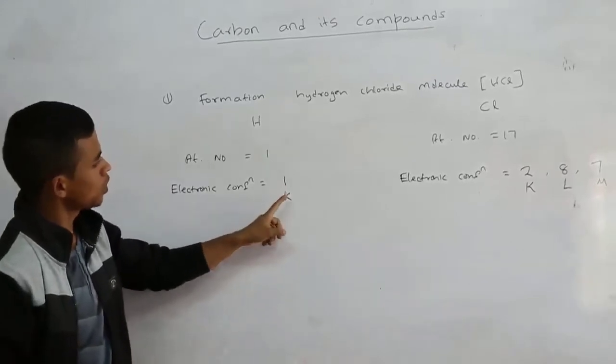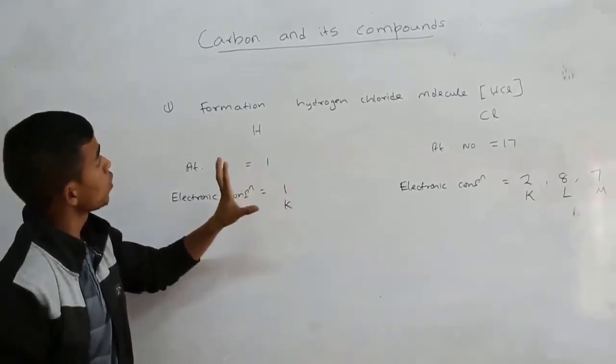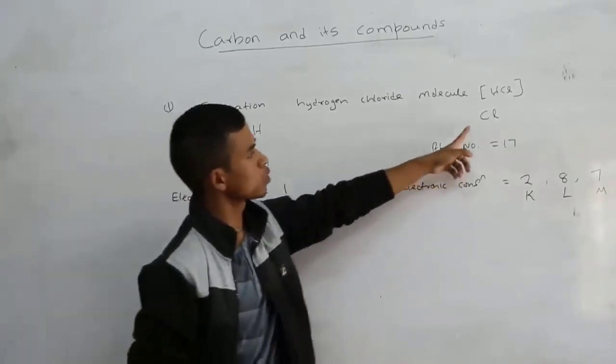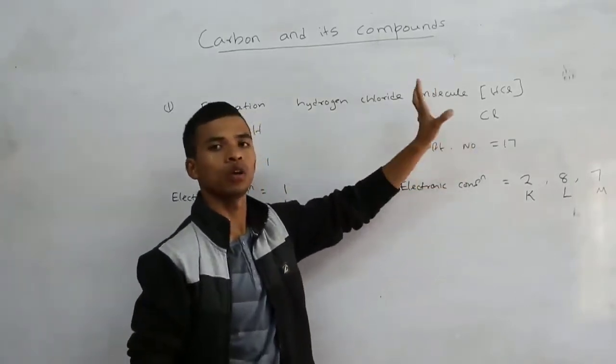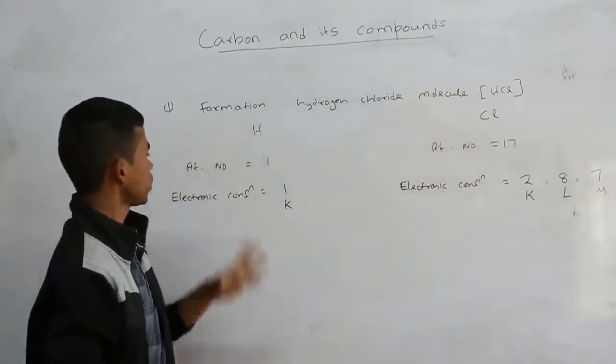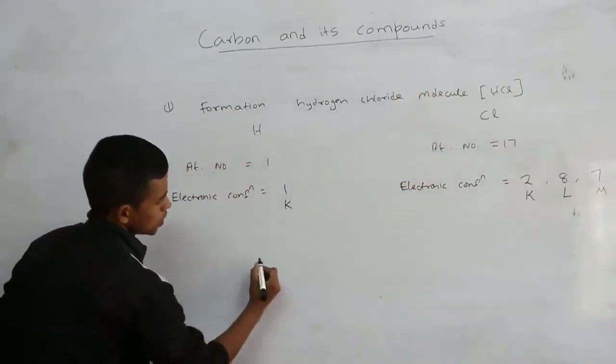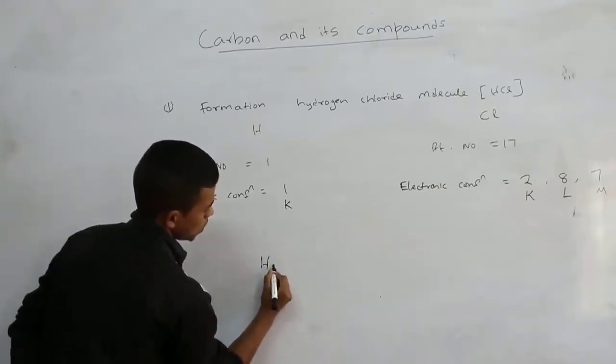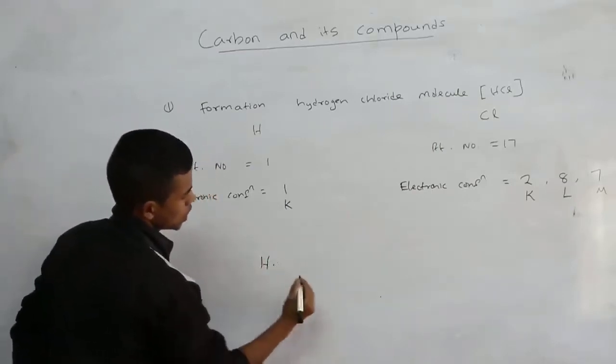So it will share only 1 electron. And because in a covalent bond we have equal sharing of electrons, chlorine also will share only 1 electron with hydrogen. So if we write the Lewis dot structure, this is the electron in the outermost shell,